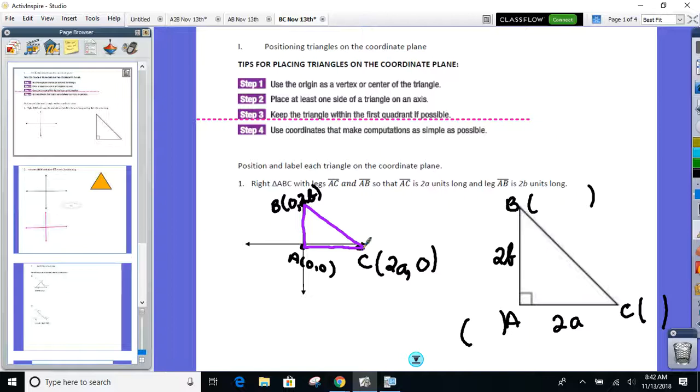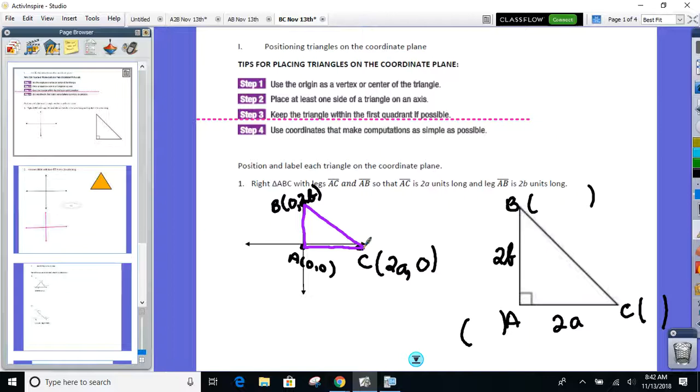X's and Y's are all positive. Could I have put this in quadrant 2, 3, or 4? Absolutely, I could have. But then I need to worry about which coordinate, X or Y, is negative. I don't want to do that. Everything's positive in the first quadrant, so let's keep it that way. All good there with the right triangle,